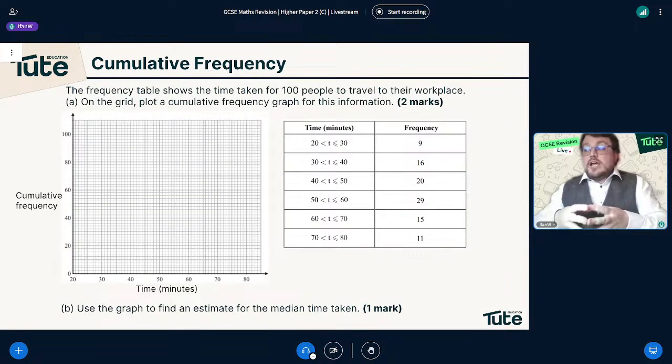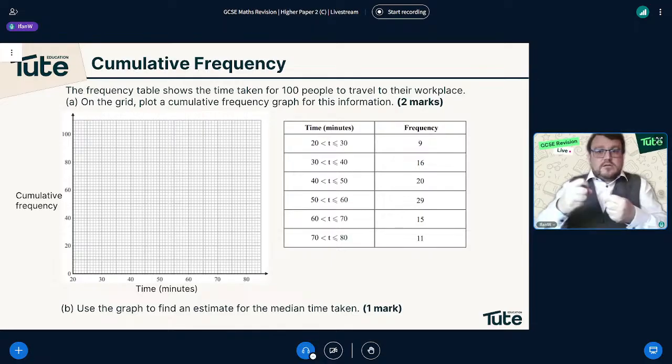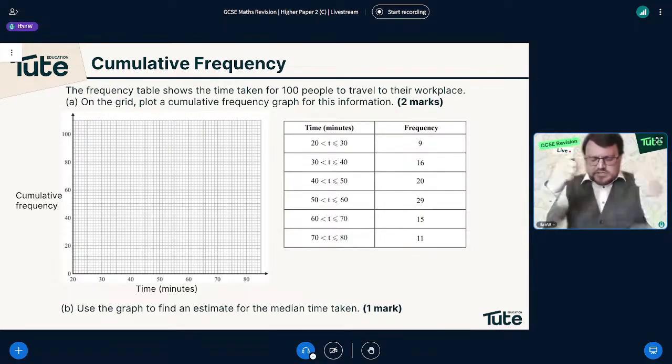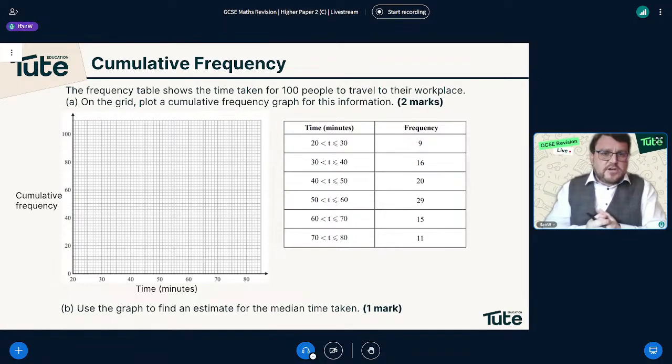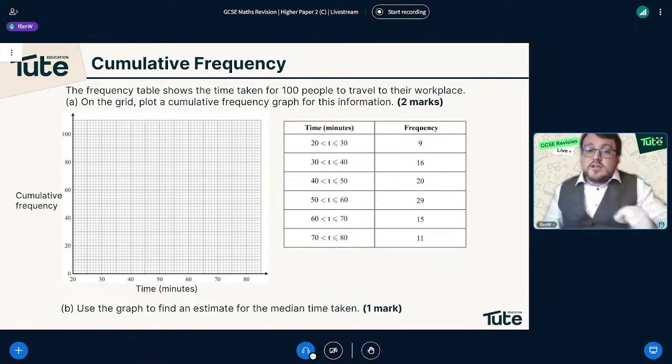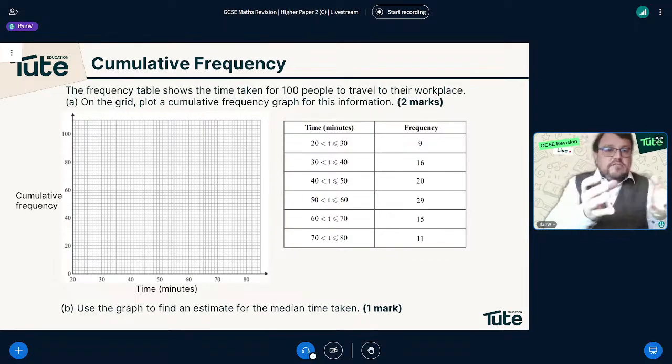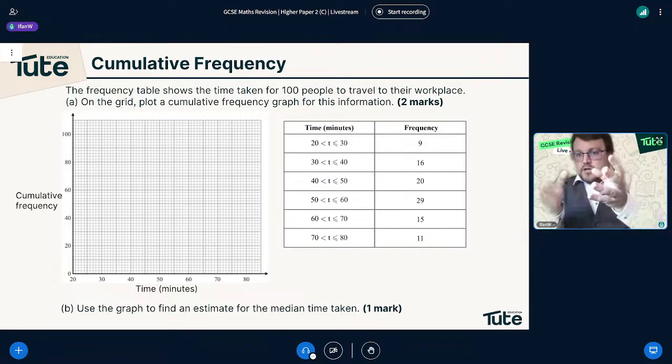Right. When you get to the higher topics, the topics that bug people. This one, frequency table showing the time taken for 100 people to travel to their workspace. On the grid, plot a cumulative frequency. Another phrase that you need to understand, cumulative, when you're collecting. Now, you're given graph paper. You are given